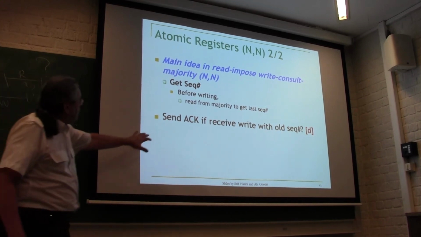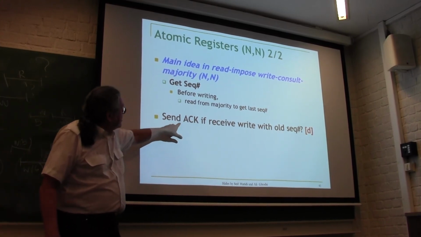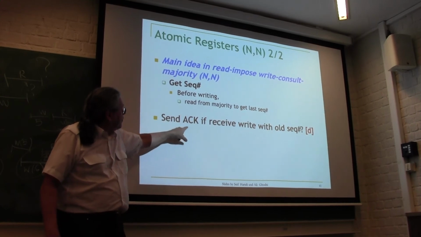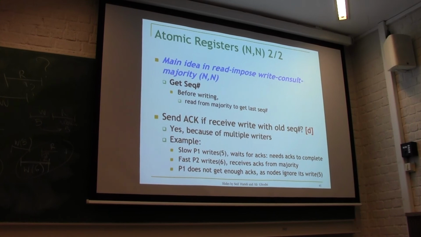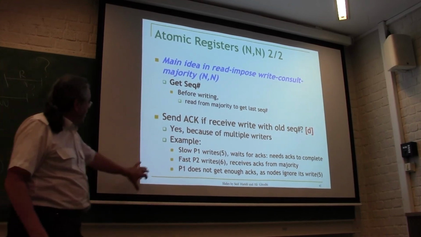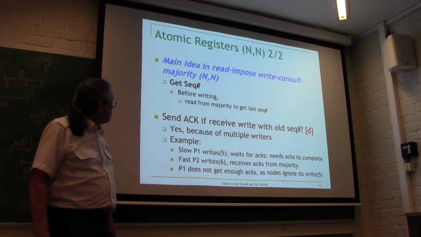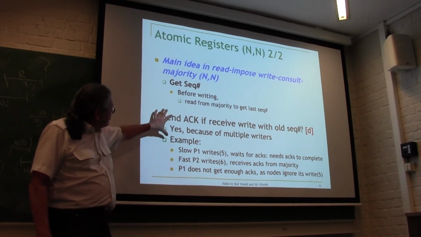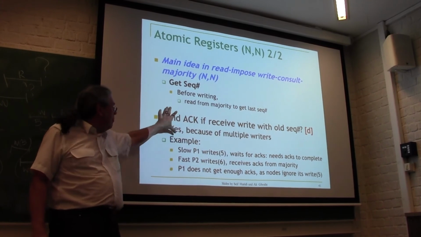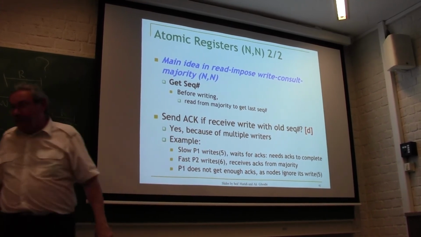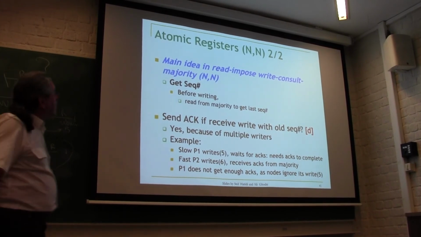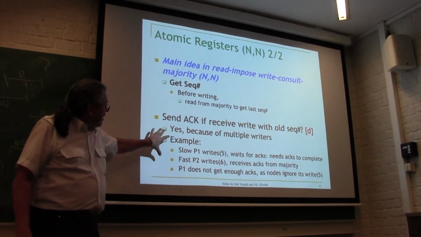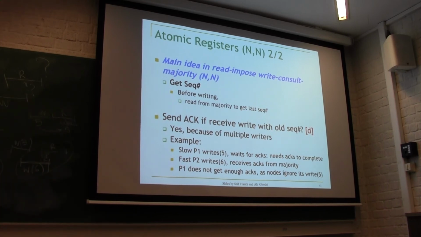So there's a few other tricks. If you receive a write with an old sequence number, you still have to send acknowledgements? Yes, you always have to send acknowledgements. Oh, this is getting complicated. I need more time to explain it. So there are some tricks you have to be careful about, okay? Maybe I don't explain that in detail here. Okay, so basically the idea is, just to summarize very quickly,